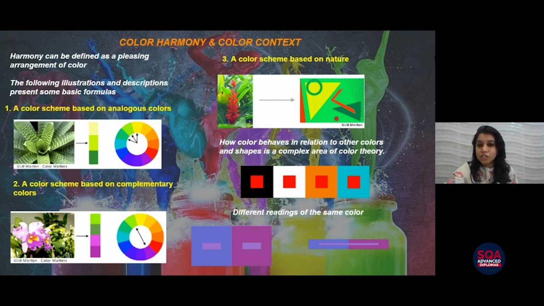So that is one example of how each color talks to us. These are the basic relations that we need to know about colors, and we need to use them properly and very effectively for our design. Now, if you see the last image here, I've mentioned that it is a different reading of the same color. What is happening here is the blue and the purple shade. These two boxes, one has the purple shade in it and one has the blue shade in it.